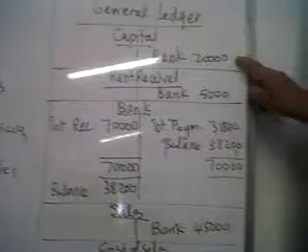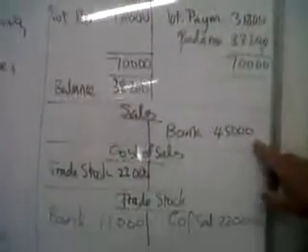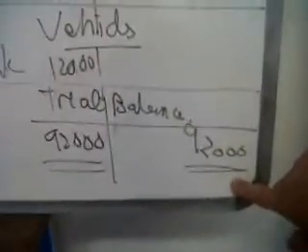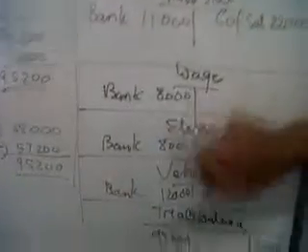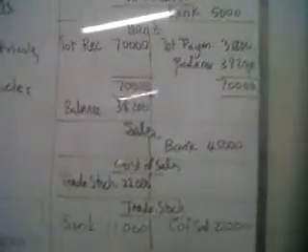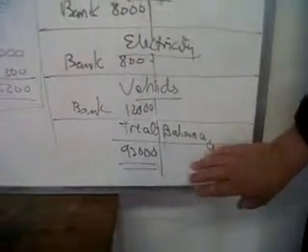Let's add that plus this. We skip this one because it's balanced. Add that plus that. You'll get 92,000 rand, all the credits, sorry. Then this side, there's nothing here. We add that one, plus this one, plus that one, plus that one, plus that one, plus that one, and you'll get 92,000. And you see why our trial balance will balance? Because we're adding up all the credits and all the debits. But now, this would be in the trial balance in a certain form, which we're going to show now.